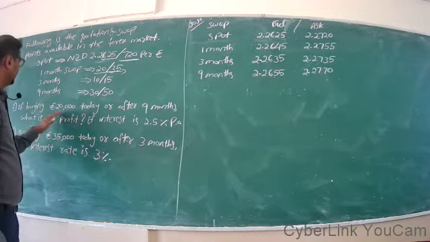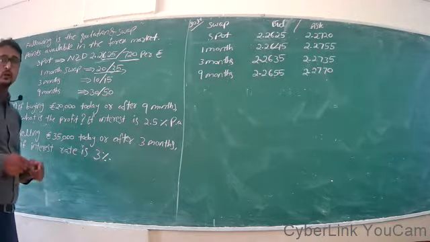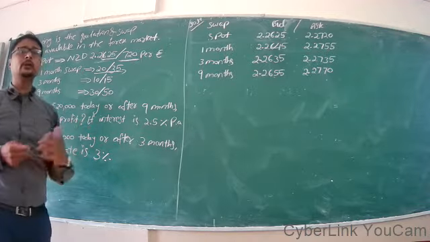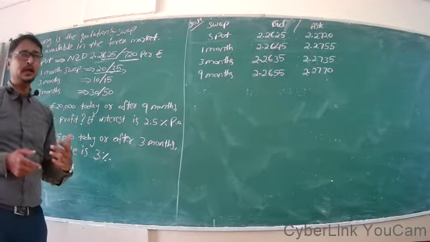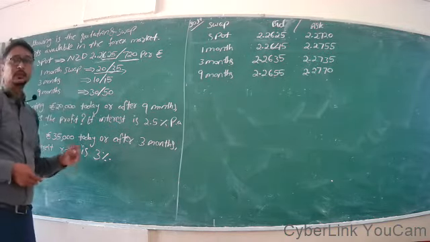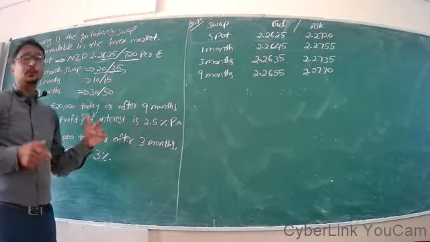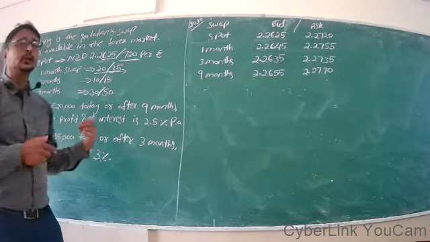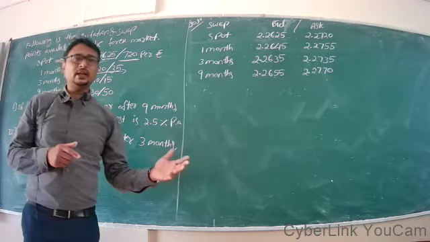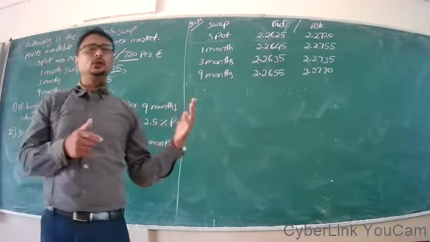If buying 20,000 euro today or after 9 months, what is the profit? If you are going to buy it today, that means if you are buying euro, you have imported something from Europe, right? That's why you have to pay in euro. Your home currency in the given problem is New Zealand dollar, the home country is New Zealand, and you have imported something from Europe, so you have to pay 20,000 euro. So to pay 20,000 euro, you have to sell the New Zealand dollar, your home currency, and buy the euros, right?